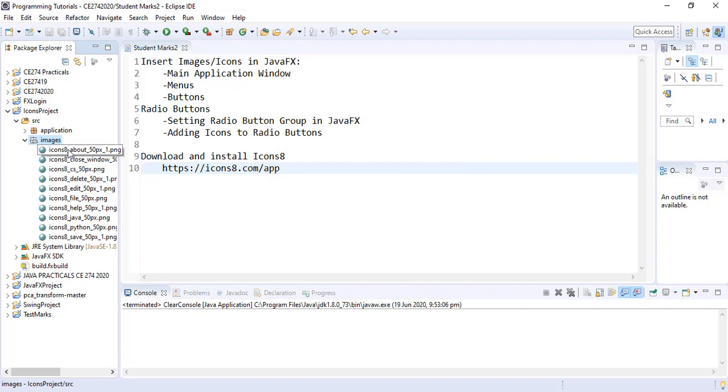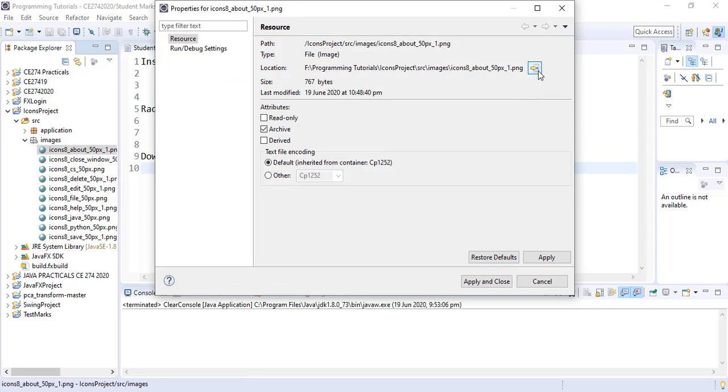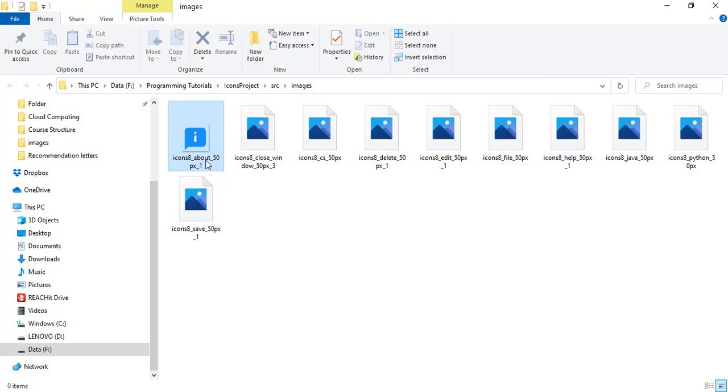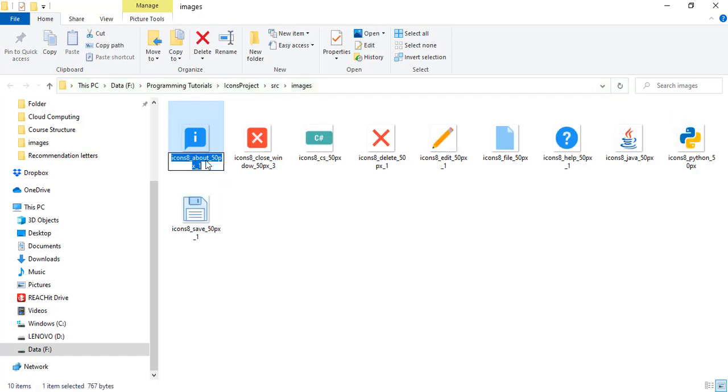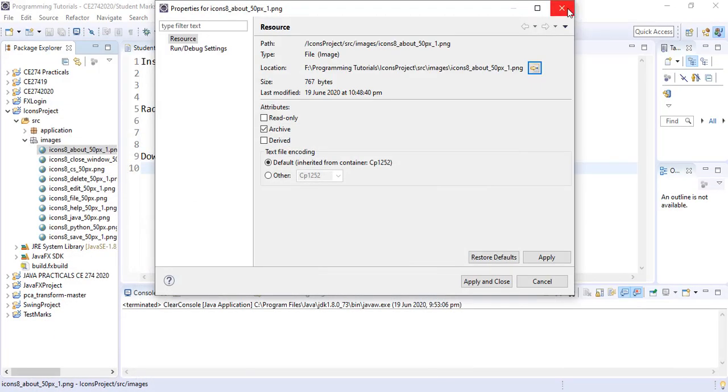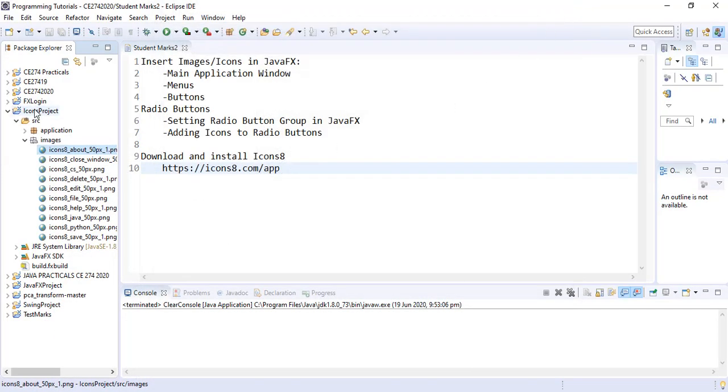So we can see the icons, the names are too long. We can rename them. We simply go to the folder that contains these icons and we rename them. So over here we can rename them. This is about. So we are done with our renaming. We can go back to the Eclipse and continue with our code. So when we come to the Eclipse, we simply refresh so that the names would be shorter and we can